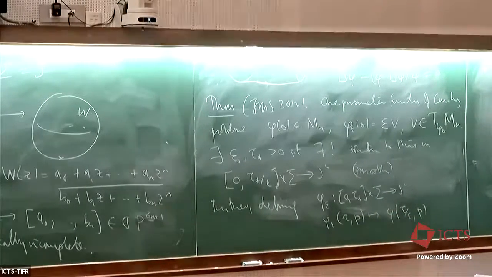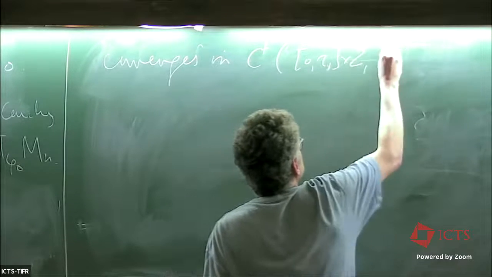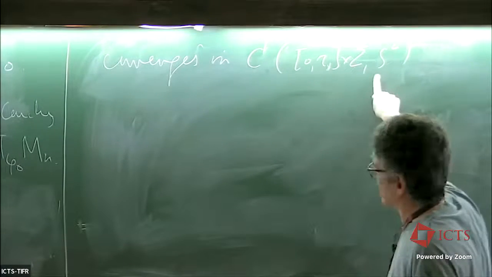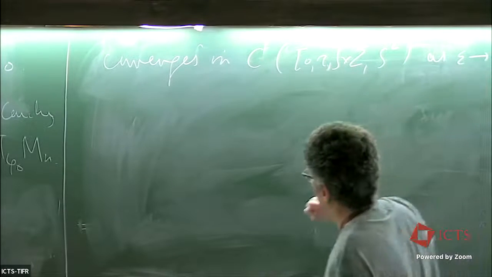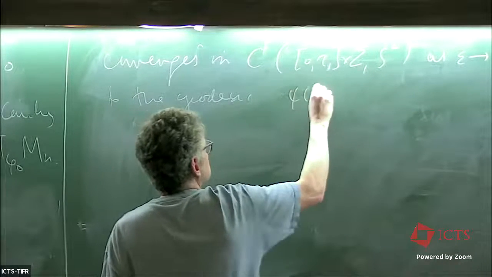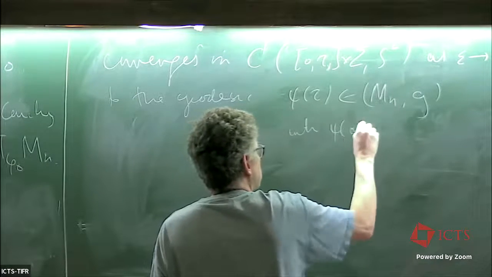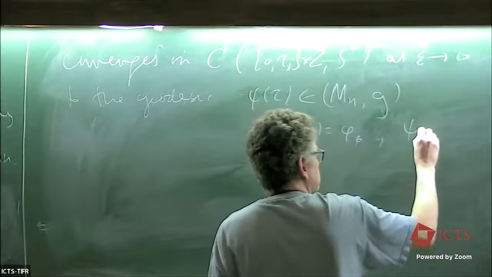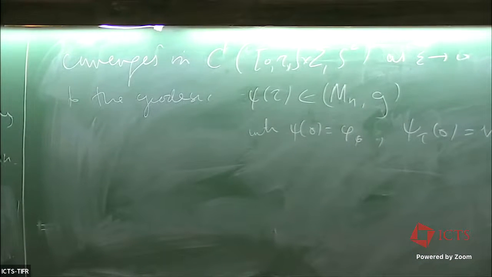This converges in C1. So in the set of continuously differentiable maps from here to here, given its usual norm, the uniform C1 norm, as epsilon goes to 0, that converges to the geodesic in Mn with respect to the L2 metric with initial data phi 0 and initial velocity V. Okay, so in this particular situation, this approximation, which had this physical intuition behind it about valley bottoms and so on, it can be turned into a very precise,